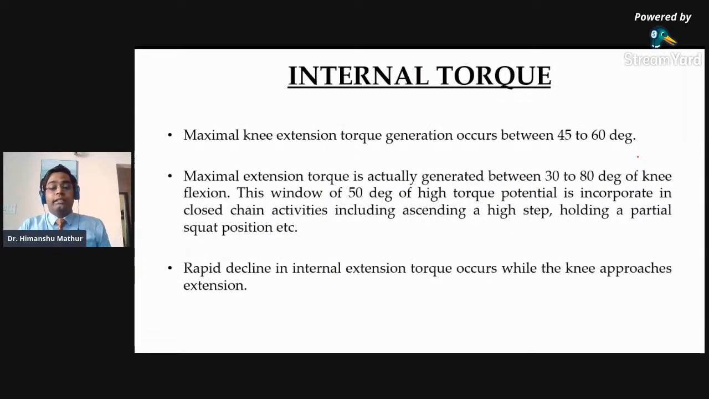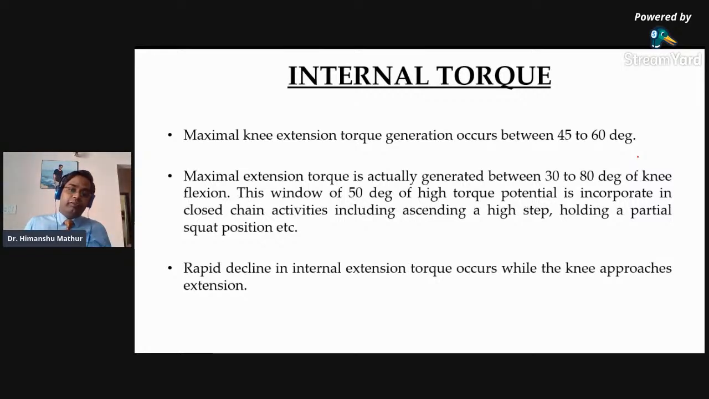Okay, now the internal torque demands. The maximal knee extension torque generation occurs between 45 to 60 degrees. ओके मतलब नी एक्सटेंशन का जो टॉर्क होता है वो मैक्सिमम कहां जनरेट होता है क्वाड्रिसेप्स का, 45 से 60 डिग्रीज ऑफ नी फ्लेक्शन के ऊपर। ओके, now maximum torque is actually, just a second, maximum torque is actually generated between 30 to 80, मतलब ये एक रेंज दे दी। अब 30 से 80 के बीच में भी जो 45 से 60 की रेंज है वहां पे सबसे ज्यादा इंटरनल टॉर्क जनरेट होता है।